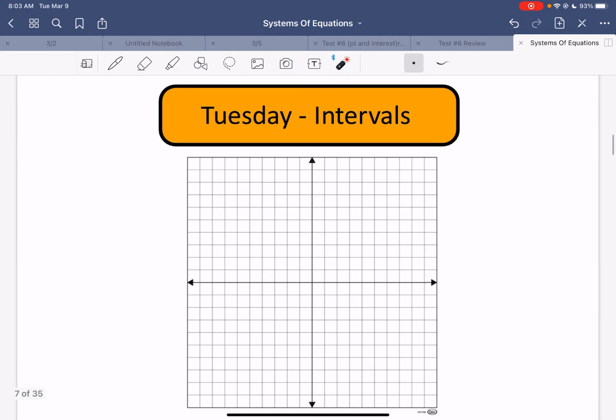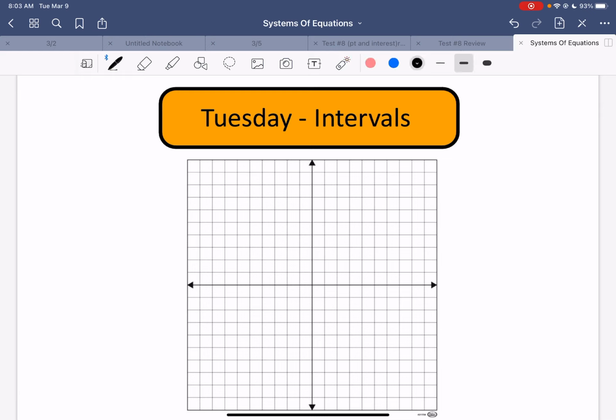All right, so the next thing that we need to talk about in preparation for the test is something called intervals, and I know I've mentioned it before, but an interval is a counting system on a coordinate grid. If you notice those black lines I just drew, these are where we indicate the counting on a graph. So normally we assume that these are 1, 2, 3, and so on, 1, 2, 3, -1, -2, and so on. But sometimes the information needs to be plotted differently,